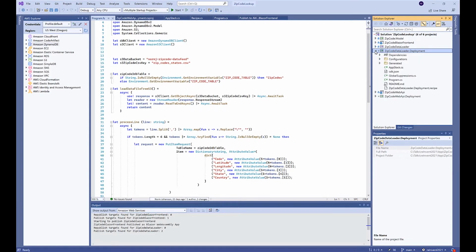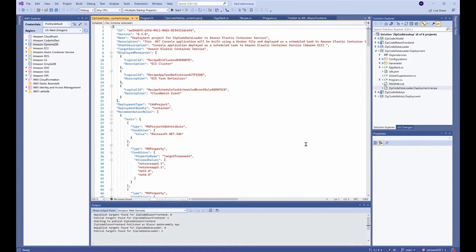All right, so here's our project. Same pattern as we saw before. We have our generated section of all of the resources from the recipe, our app stack. But what we didn't talk about before is we also have this recipe file. This JSON file contains all of the metadata that drives our front-end experience. What are the settings? What are the names and all that set up here? For example, here's the name.